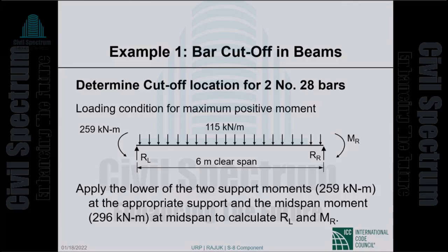Okay, this moment we did not take from page 1 because this moment and the two moments on page 1 are not simultaneous. Okay, those are estimates of the largest moments that we should design for. They do not exist at the same time. So we have to calculate this: if the moment at the left support is that, what is the moment at the right support? That has to be calculated.